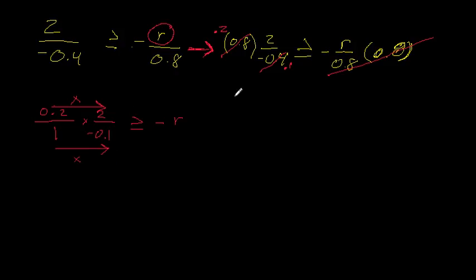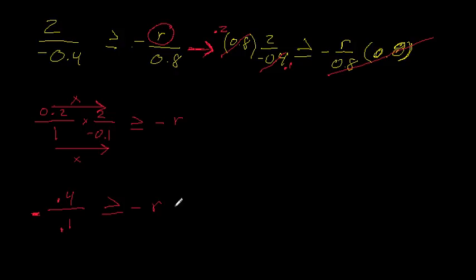What you end up with is 0.2 times 2, which gives you 0.4, over 0.1. Don't forget the negative. I'm going to put this negative out on the side now. And that's greater than or equal to